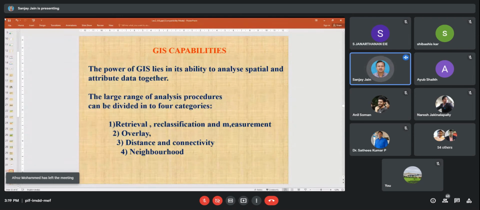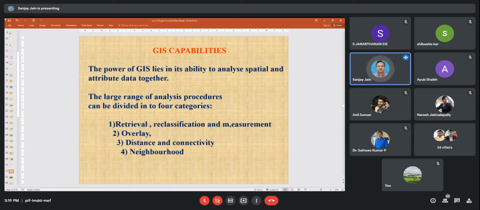So I will give all those conditions to the system where I have all the layers of hardness or chloride or pH or whatever it is, and I will put a condition. I want to retrieve the data having this much range of hardness, this much range of chloride, this much range of fluoride. So my whole area will be classified into those classes which will fulfill this requirement. So retrieval I can do.